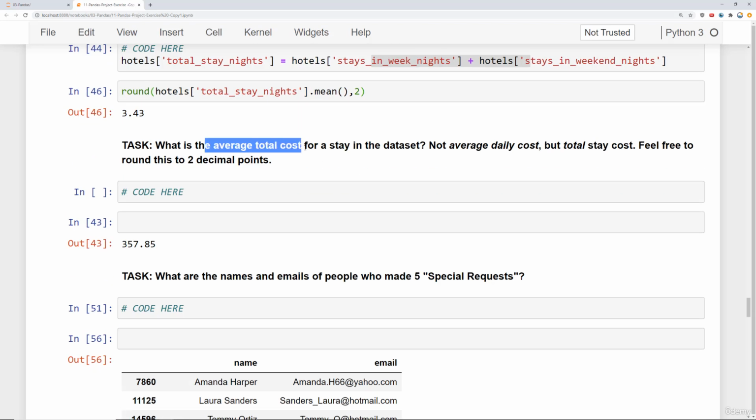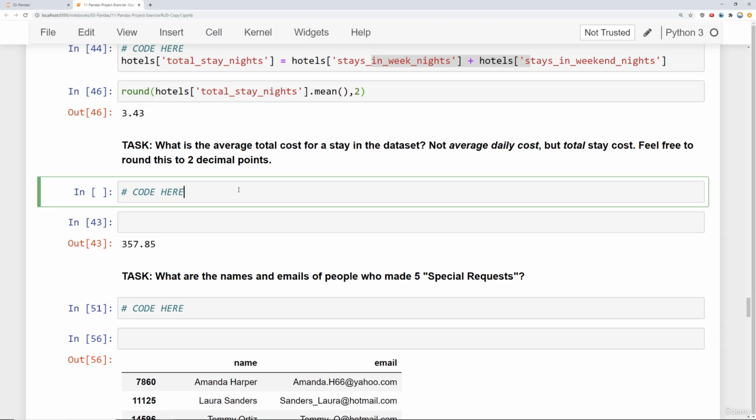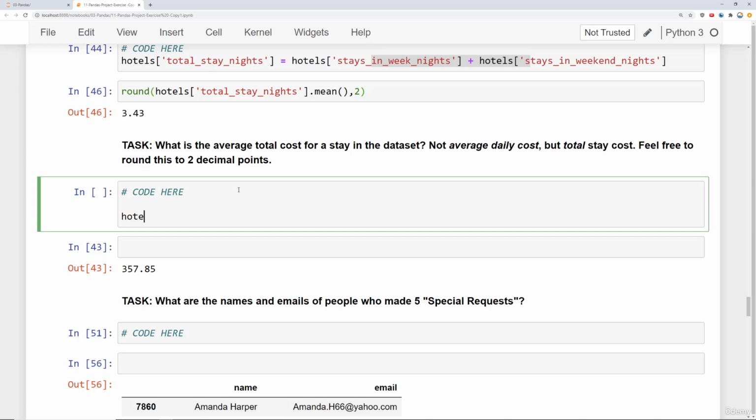So what's the average total cost for a stay in the data set? Well, what we do here is we first have to figure out that total cost. So what is the total cost someone pays if you have their average daily rate as well as the number of days they stayed? Well, it's just going to be